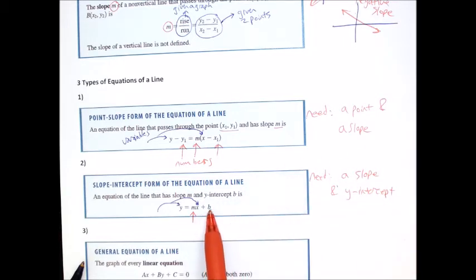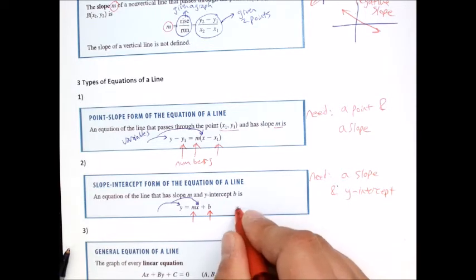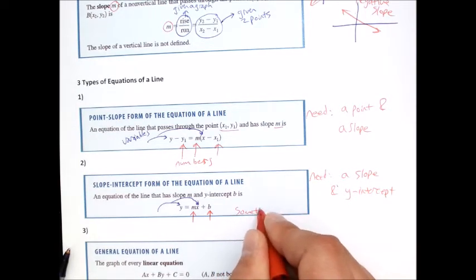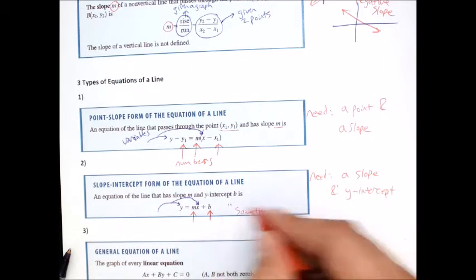So the way we usually find b is we plug in a point x and y. So we have our slope, and then we plug in x and y, and then we solve for b. And so I'm just going to make that note here, and I recommend you write this down because I say sometimes, but it's usually all the time. I'll put quotes around that. Quote unquote,